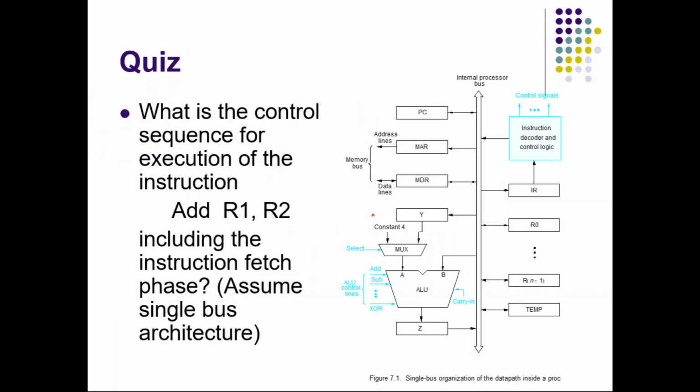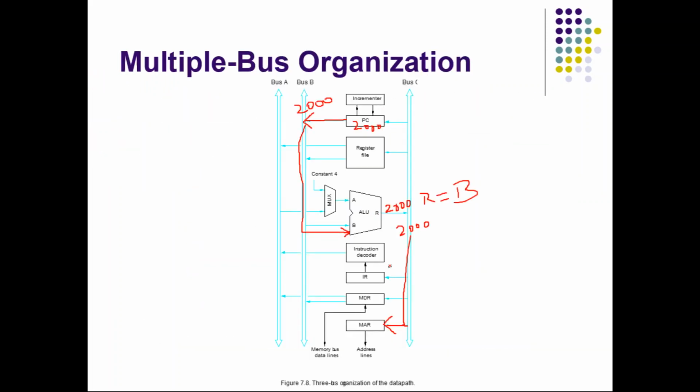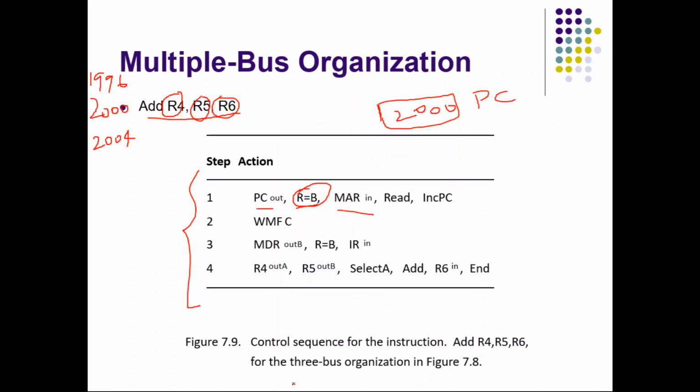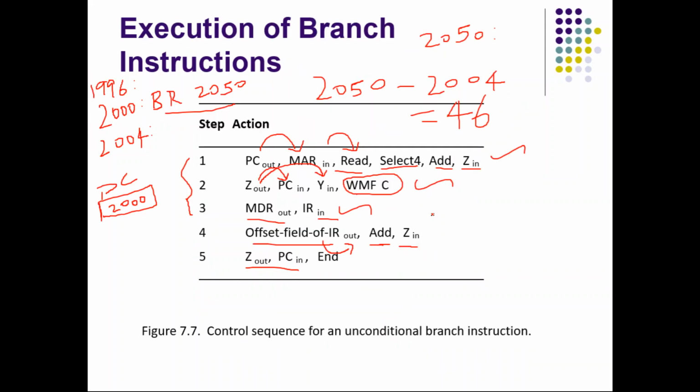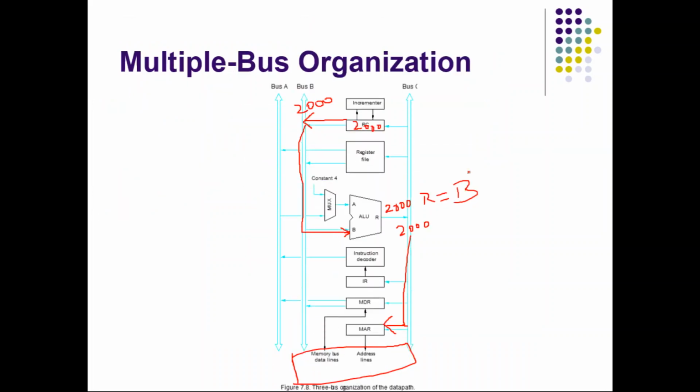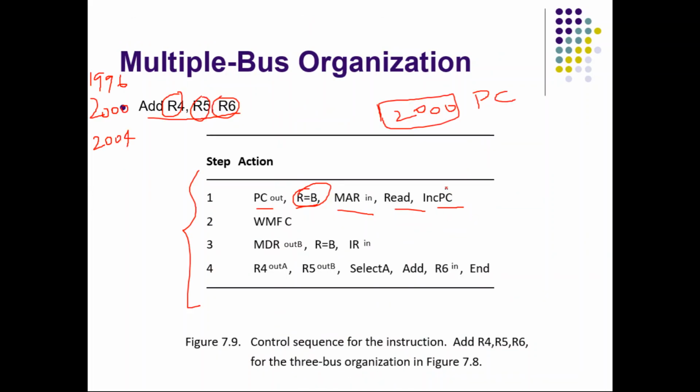Next we say read. Because it is a memory operation, it has to communicate with memory, so it may take some time. Let it read from memory. Meanwhile, after giving read, we increment PC. Here we can directly increment PC. You need not add for all those things, as in the previous case where we were selecting for add. Directly you can increment PC, so now PC will become 2004, the address of the next instruction.